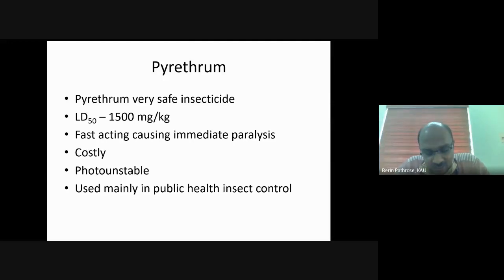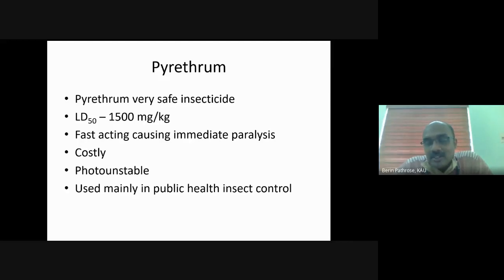The major character with respect to a pyrethrum or any pyrethroid or pyrethrin is that they have very immediate action. We call it quick knockdown action. So that's why it is called fast acting. So farmers are extremely convinced with the activity of pyrethrins or pyrethroids. Pyrethrins are not used in agriculture. In agriculture, we normally use pyrethroids. Farmers are extremely convinced with the use of pyrethroids because once you spray a pyrethroid, after half an hour, you can see dead insects in the field.